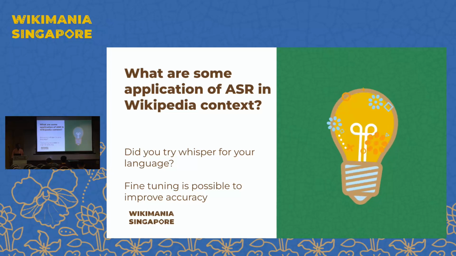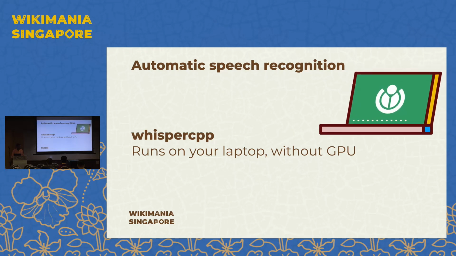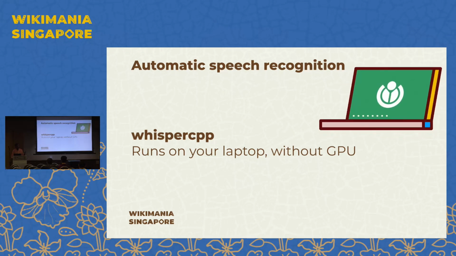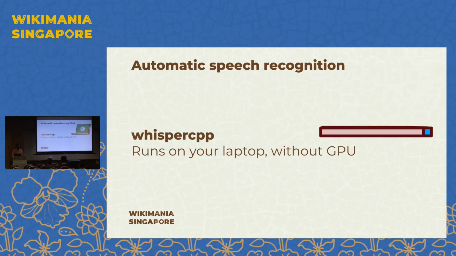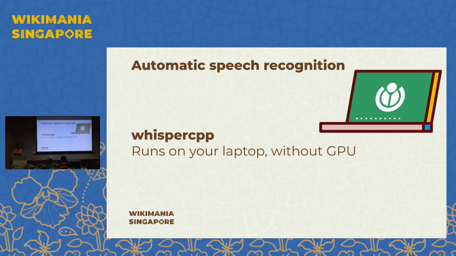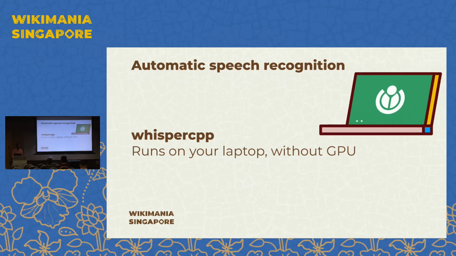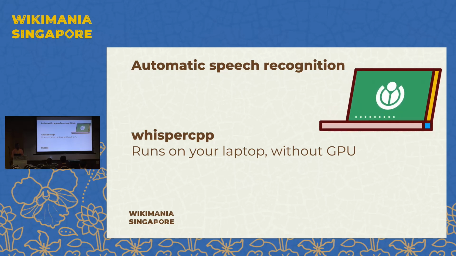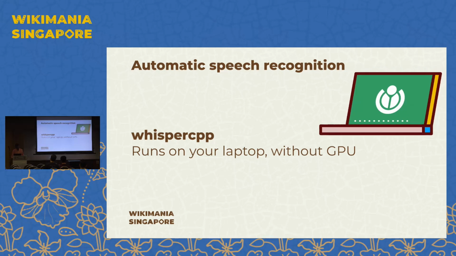There is a lot of documentation on how to fine-tune it, and to try this one, there is also a project called Whisper CPP. I do not have a running instance for that one, but Whisper CPP is an inference optimization, optimizing it to run on your laptops without GPUs, on just CPUs. With your local laptop, it should be able to run it, and you can do speech recognition. So try it out, see if you can get it running. If your language is not supported, try to add a new language.